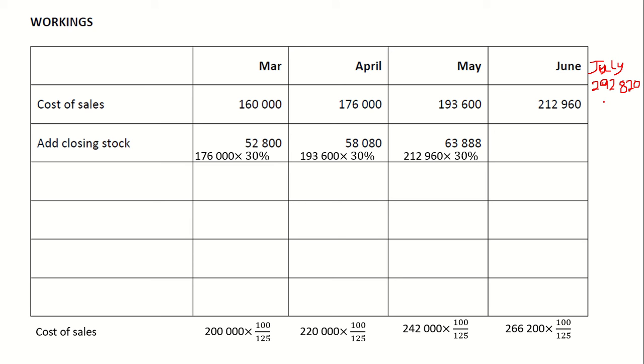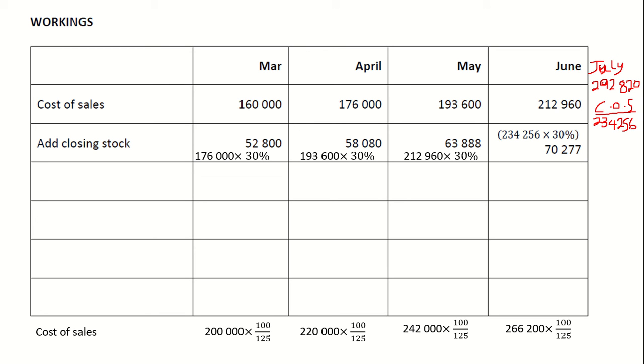Then find cost of sales from that. And your cost of sales for July will be that. You will simply take those cost of sales and multiply them by 30%, and then it will give you closing